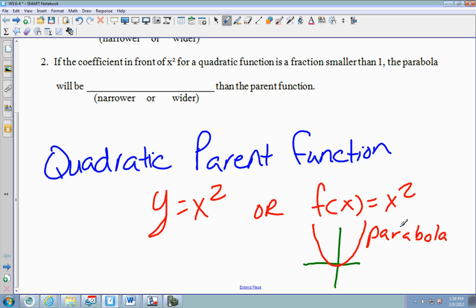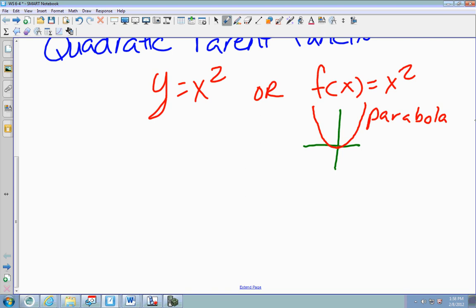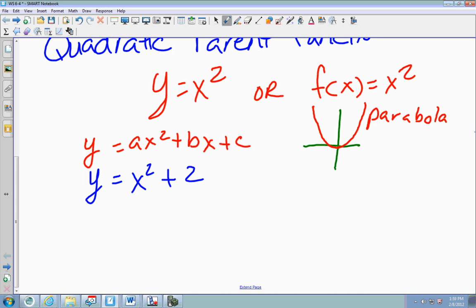Now, let's go up here. What they're asking us now is what we should have already learned. If we have an equation y equals x squared plus 2, we start off with a standard form of y equals ax squared plus bx plus c. For right now, we're not going to talk about the bx term. This last number right here is how the parabola shifts